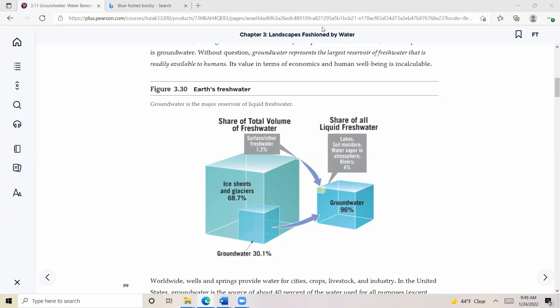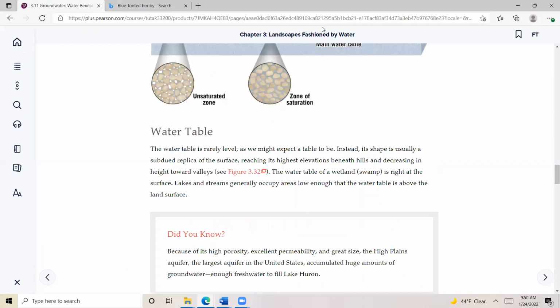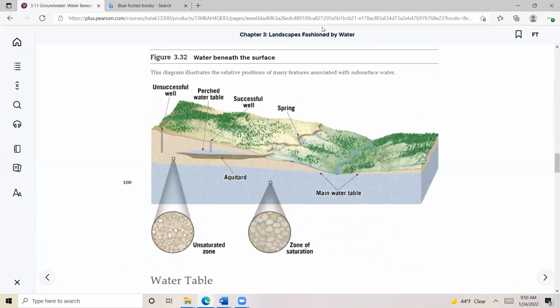Geologically, it is also important because the dissolving action of the groundwater will produce caverns, and it can also produce sinkholes. Sinkholes are very dangerous, especially if you live in Florida. We are so familiar with sinkholes, and that's the main cause of sinkholes. The groundwater actually affects sinkhole development. Looking at this section, the diagram is showing you the position of many features associated with